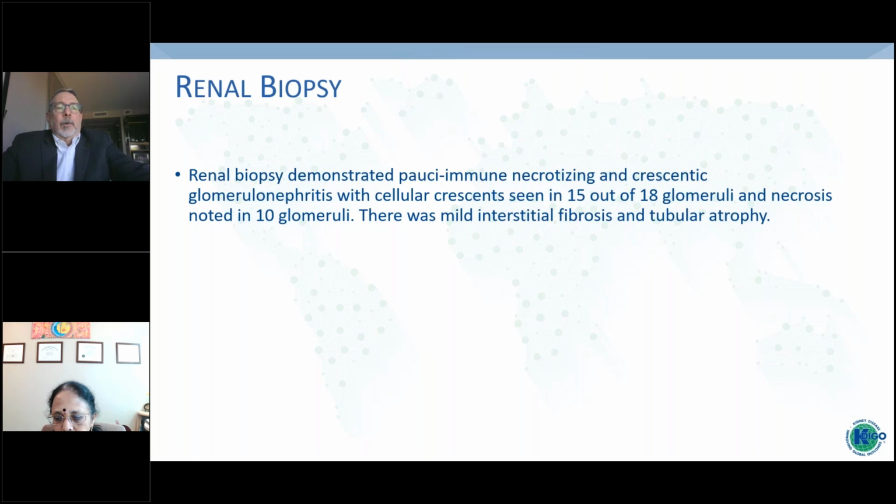And finally, we're going to discuss this. I know the use of Plex, of course, remains controversial. The Pexavast trial didn't particularly answer the question definitively, but this patient seems like a perfect candidate for Plex. Rapidly progressive disease, not a lot of damage in the kidney, a lot of inflammation. So the ability to sort of control things and prevent further damage seems highly likely. So yeah, I agree with your management and would have done essentially the same thing.